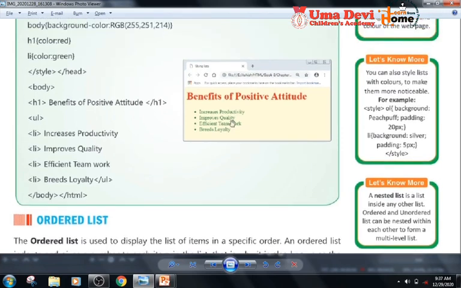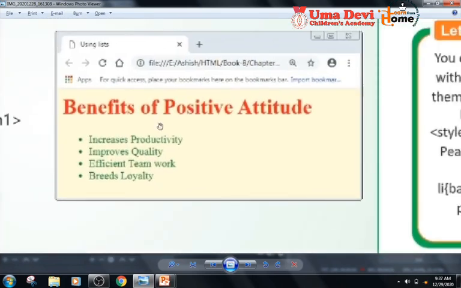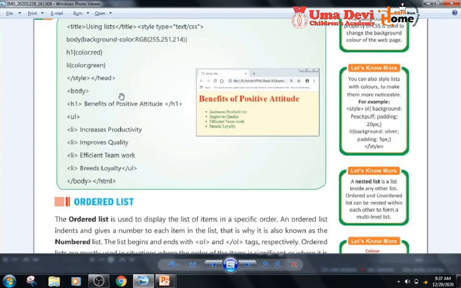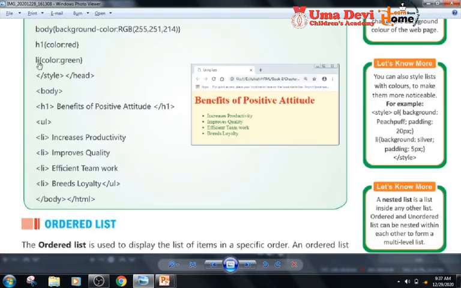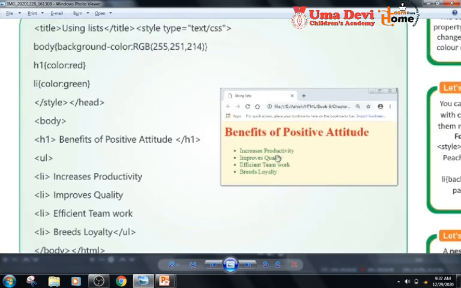So you can see the output here. The title you have here is Using Lists. Now, the second one, the body background color in RGB, this is the background color they have told here.